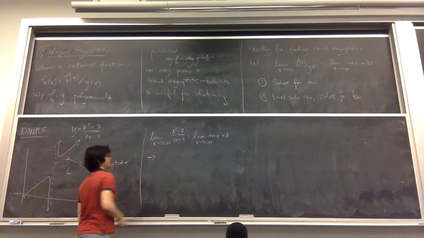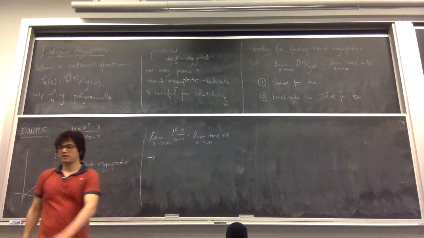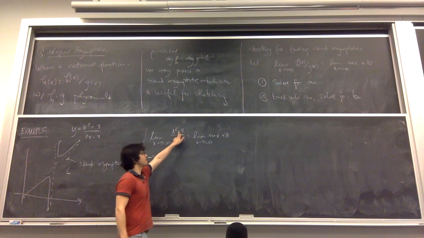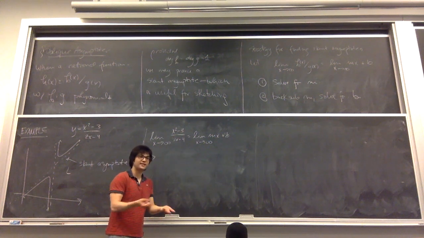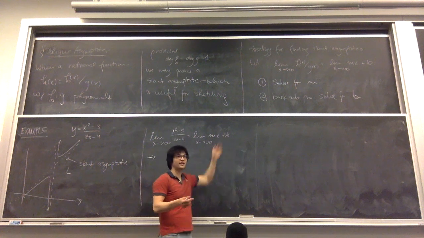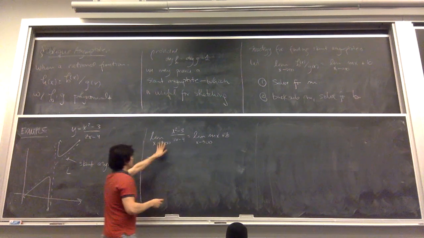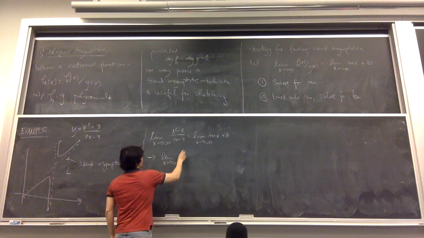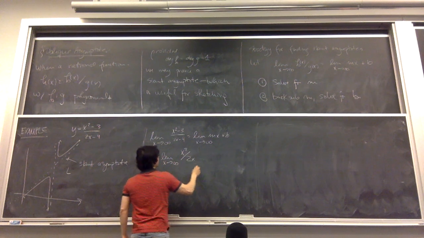But who remembers what we usually do with constants when working with infinity? What does this minus 3 matter when we put infinities in? No, let's forget it. What about that 4? Who cares? What about this b? No, who cares? Okay, so from this we deduce the limit as x goes to infinity of x squared over 2x